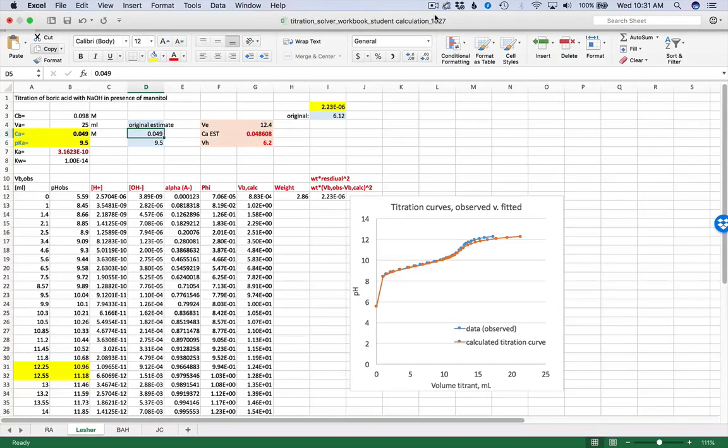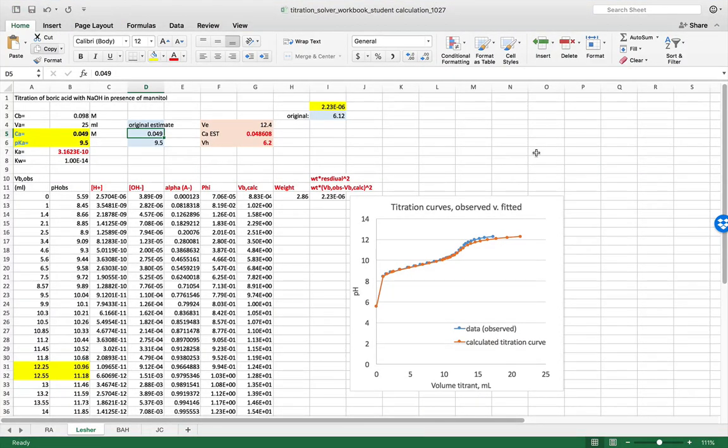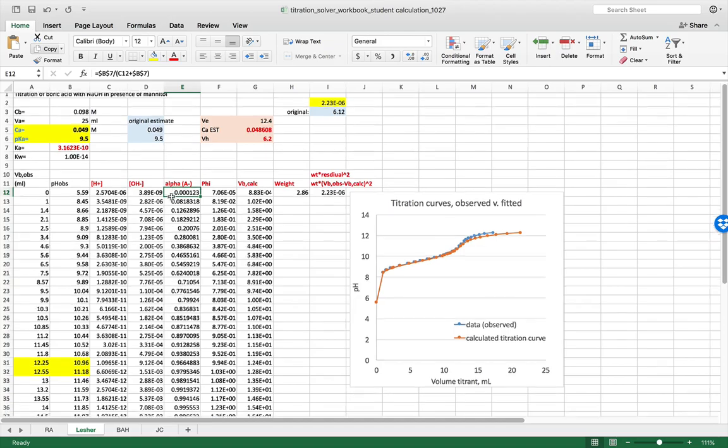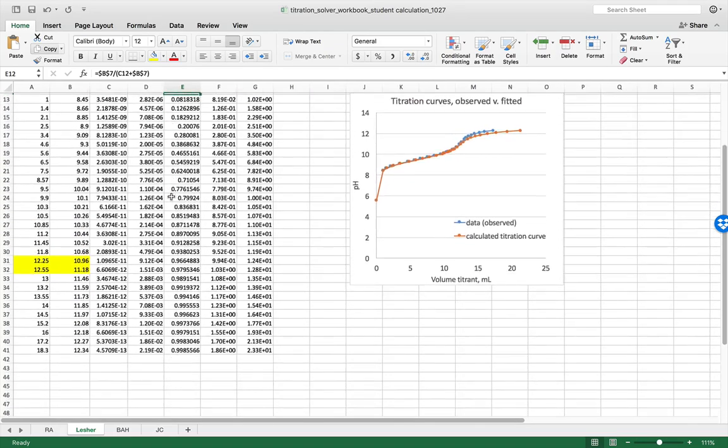Hi, this is a quick video to go over the use of Solver in Excel to solve titration curves analytically. In class, we went through the calculations, the equations that dictate a theoretical titration curve. So we talked about alpha, which is the fraction of the boric acid in the conjugate base form. And as would be expected, that starts out very, very small and rises to close to 1 over the course